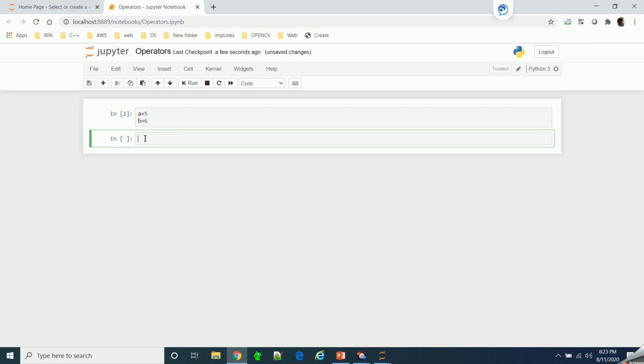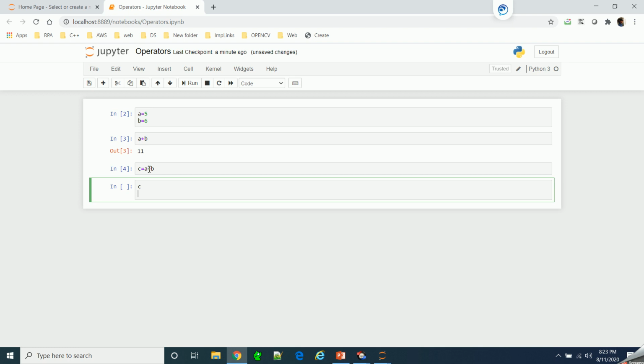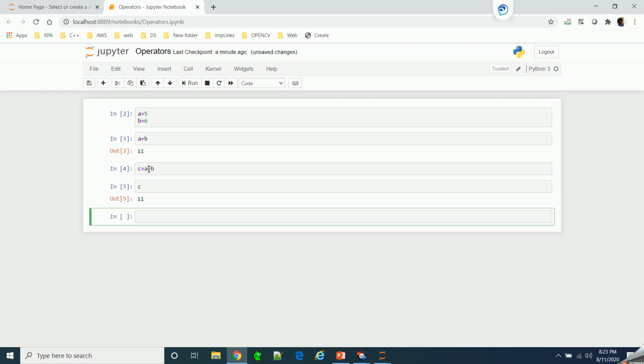Now we'll use each of the operators. So we will say a plus b. If you run this, it will give you output like this. You can use this run button to run it, or you can use the shortcut shift enter. You can also say c equal to a plus b, hit enter and print c. So here it will give you the value of c.